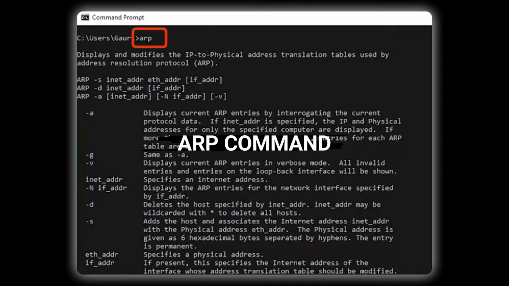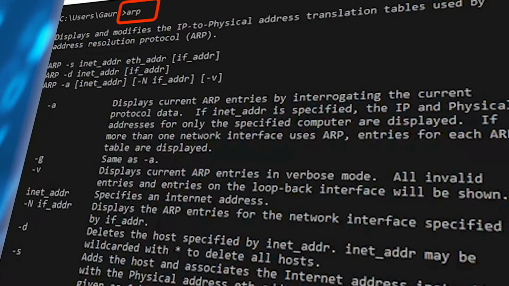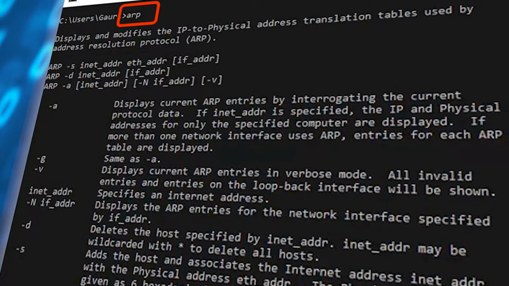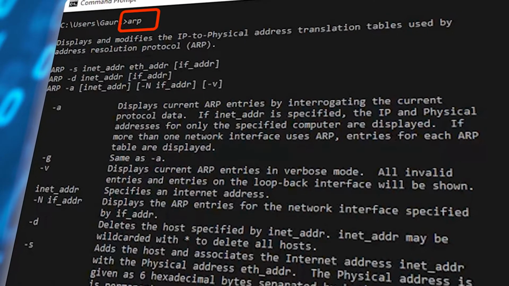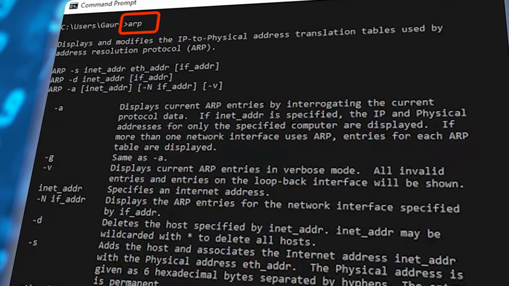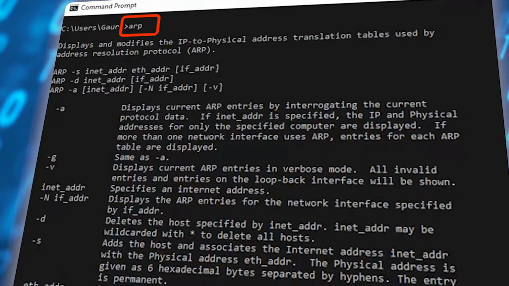ARP command. ARP, or Address Resolution Protocol, is a protocol that maps IP addresses to physical addresses. It is used in networking and routing devices to maintain tables of IP to MAC and MAC to IP mappings for local area networks. Nowadays, though, it's often used as a way to detect network attacks by mapping physical locations